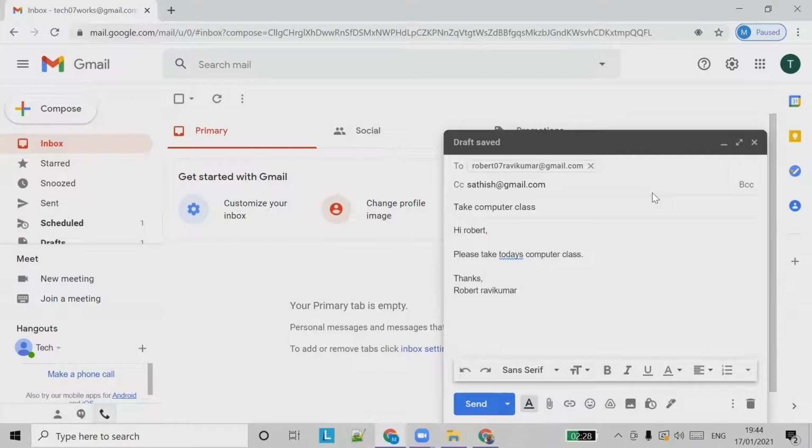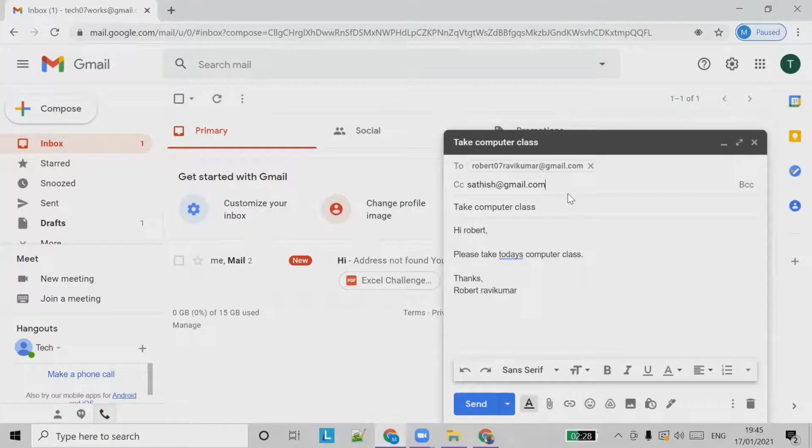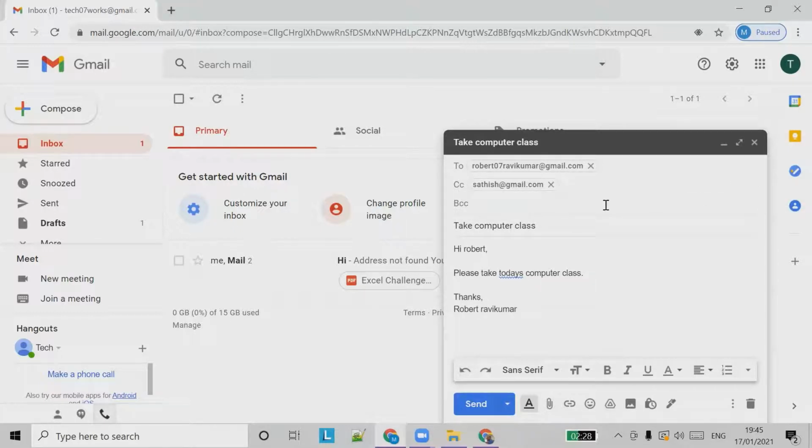He's not going to take the class, but he must know that some class is going to be taken as part of FIB. So Sadish is being copied in the email, carbon copied. You can also put Sadish in the blind carbon copy, which is another different thing.